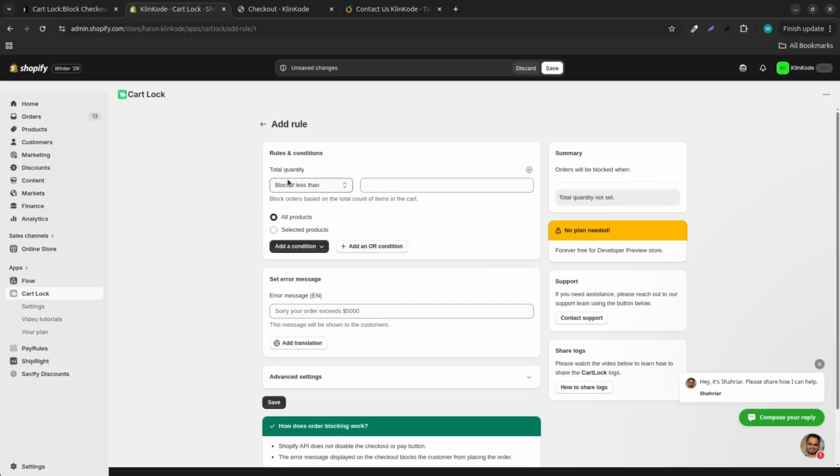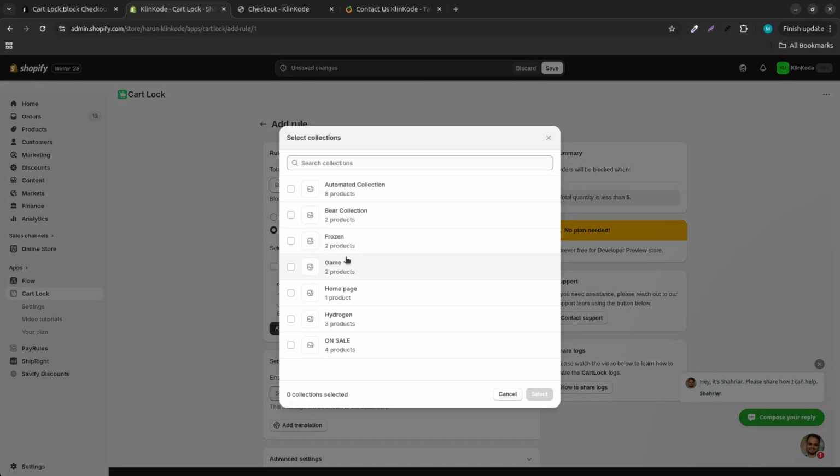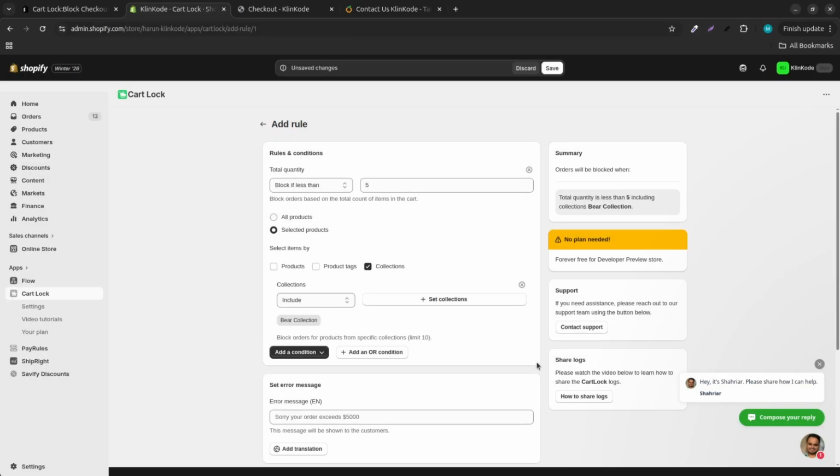For this example, we set total quantity to block if less than 5. Then select Selected Products and choose Collections. Finally, we include the Bare collection. This means customers must add at least 5 items in total from this collection to place an order, otherwise the